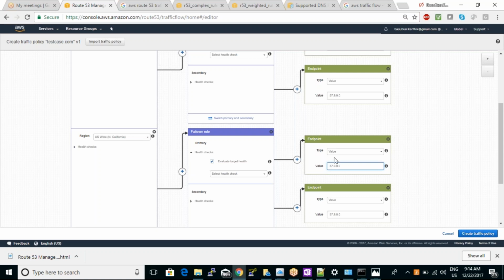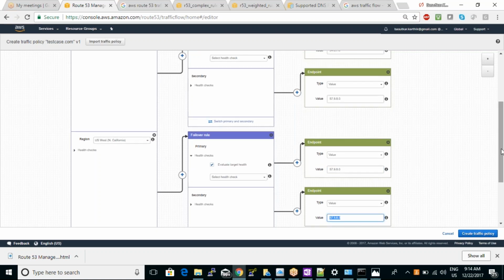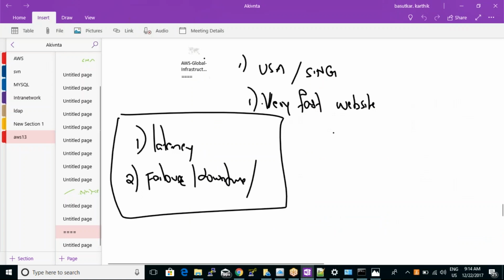If something happens to the California server, they'll get the website from the other Singapore server. What is the Singapore server IP address? 54.6.7.8. This is how you can design routing policies for your traffic with the combination of all these five